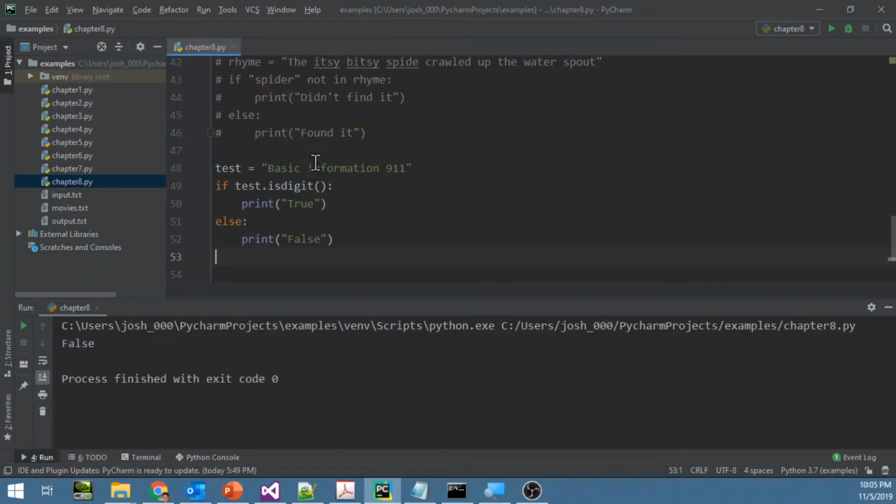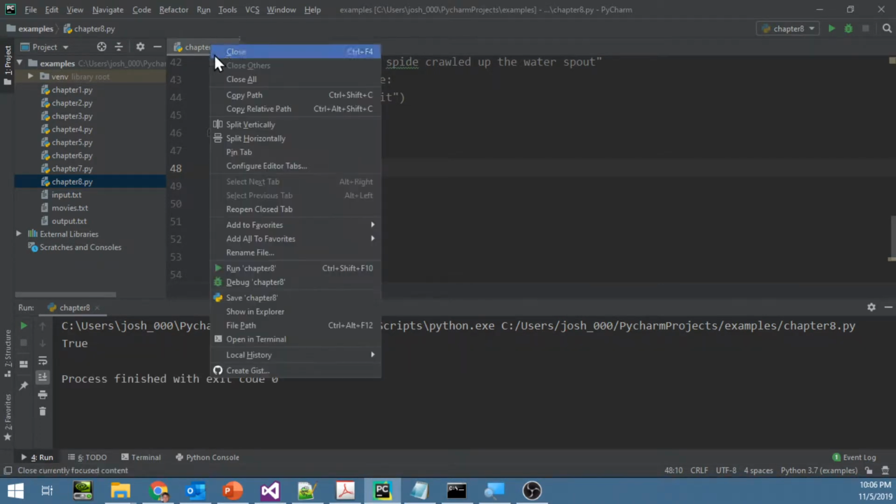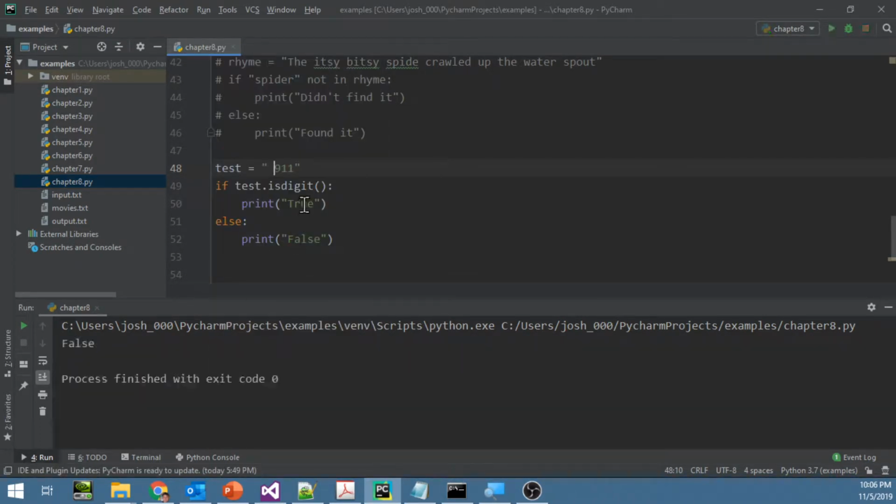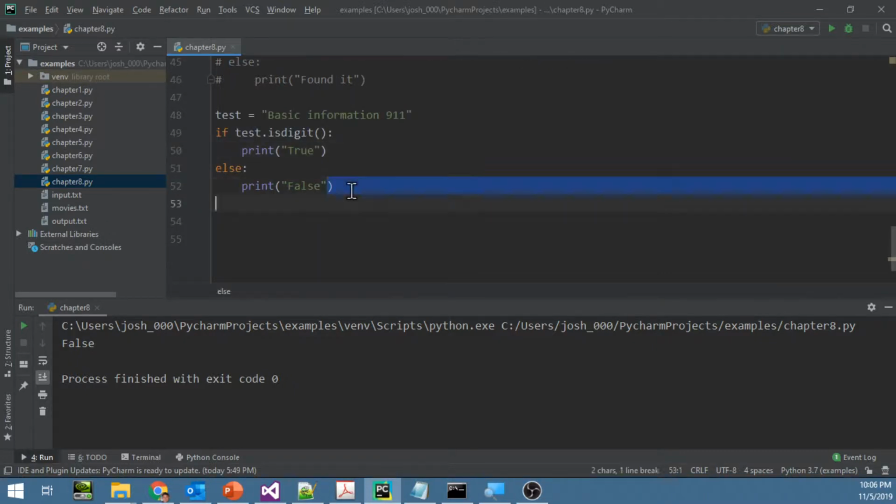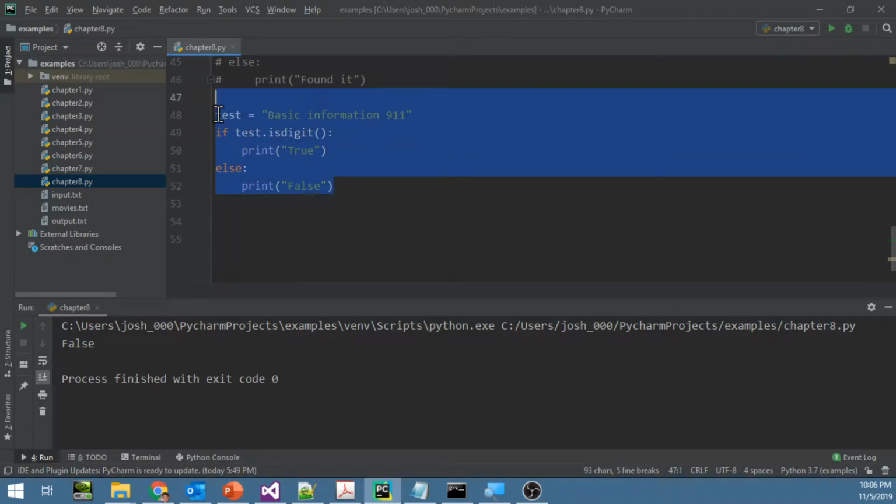And it says false because it's looking exclusively for digits. It has to be all digits. So if we do this, then it should say true. And now it should say false, because is a space a digit? No. The white space right here, that's a space. So putting this back the way it was, other things as well we can do with